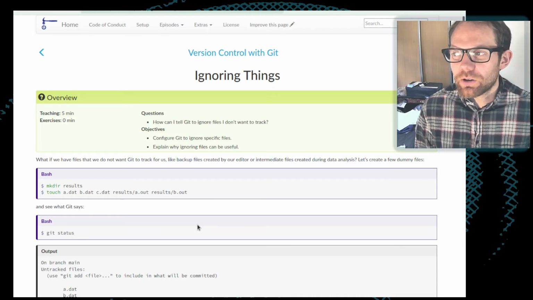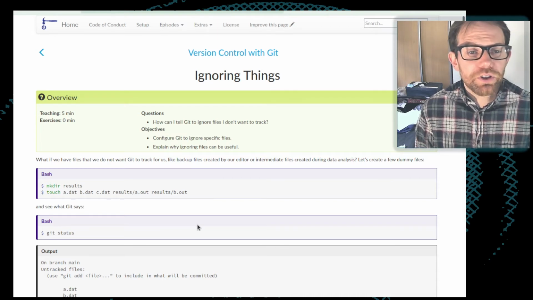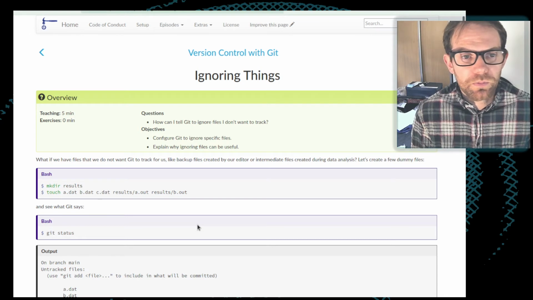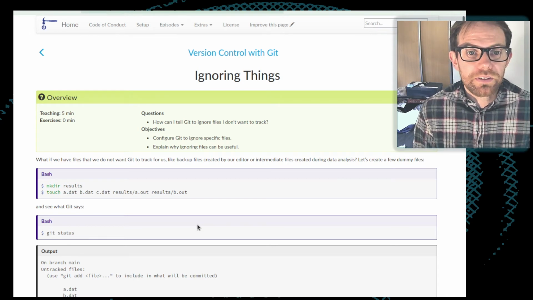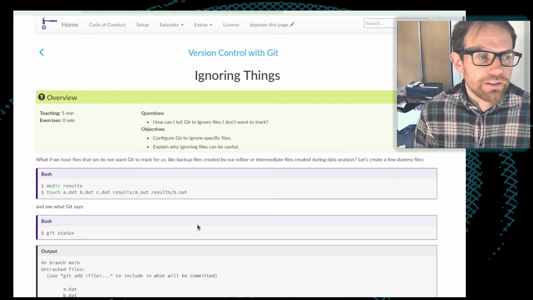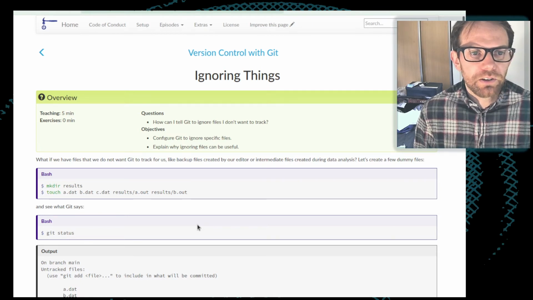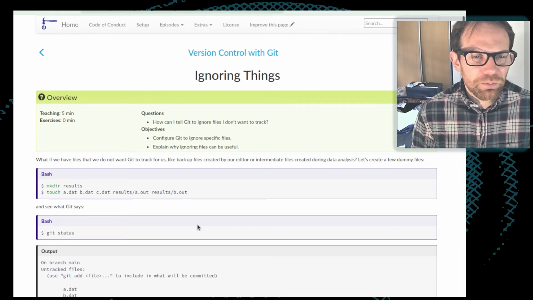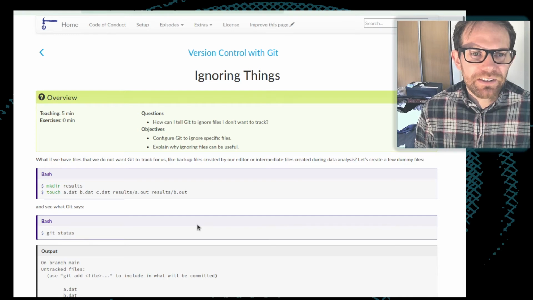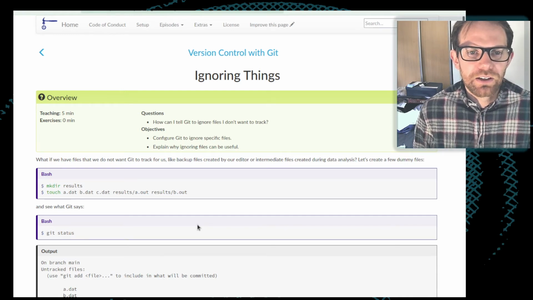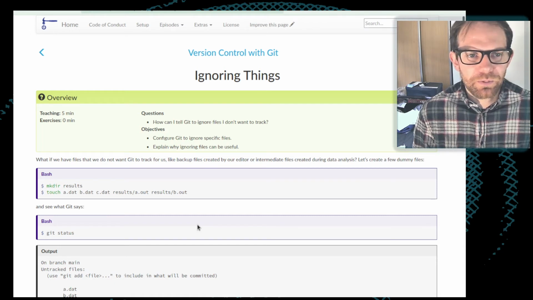So frequently when you are working on a project or working on code or on say a LaTeX document, something like that, you'll find that you end up with lots of temporary files and bits and pieces sitting around in the working directory, which you don't want to keep forever, which are not something which you want to keep for posterity.